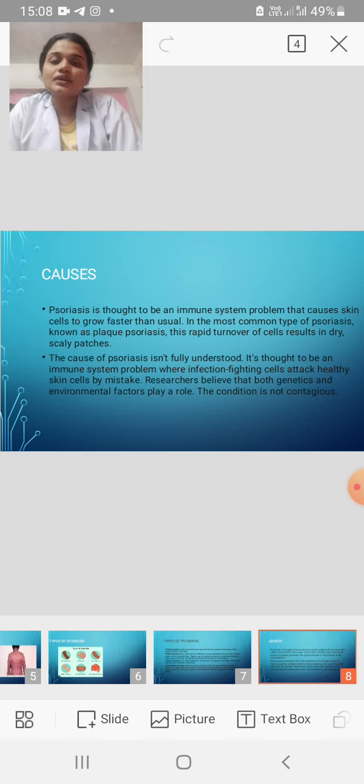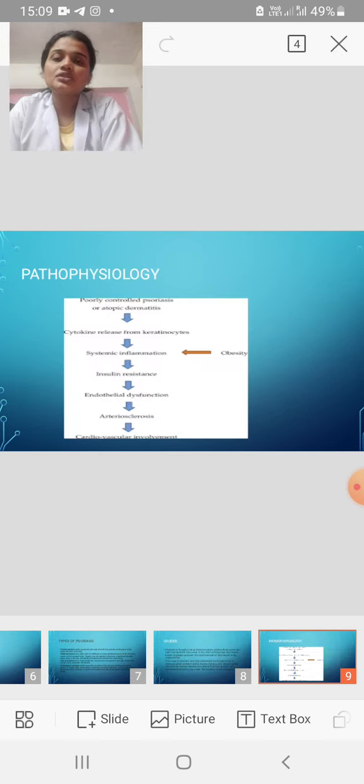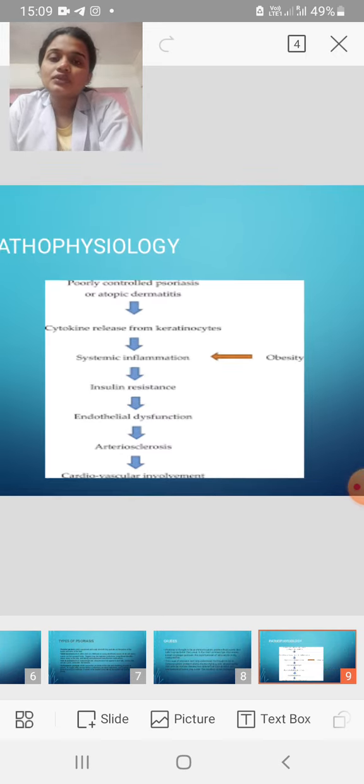And the second cause: the cause of psoriasis isn't fully understood. It is thought to be an immune system problem where infection-fighting cells attack healthy skin cells by mistake. Researchers believe that both genetic and environmental factors play a role. The condition is not contagious. Pathophysiology: poorly controlled psoriasis is associated with cytokine release and systemic inflammation, obesity, and